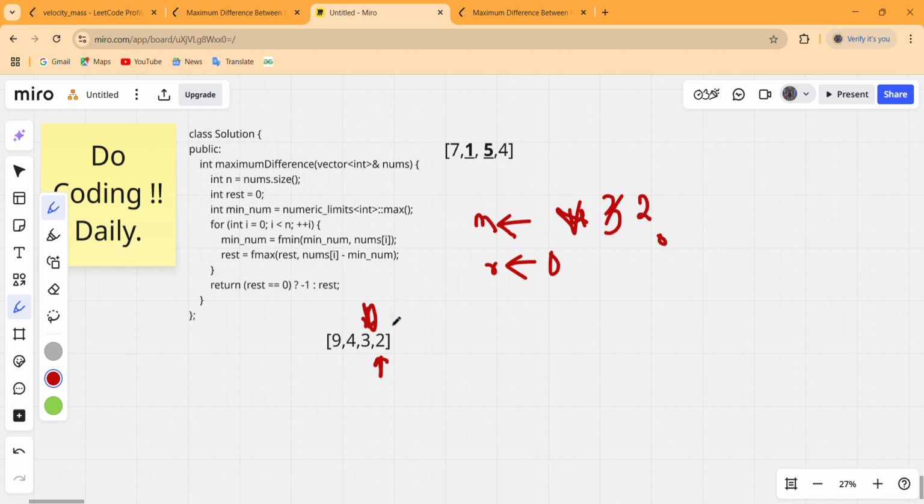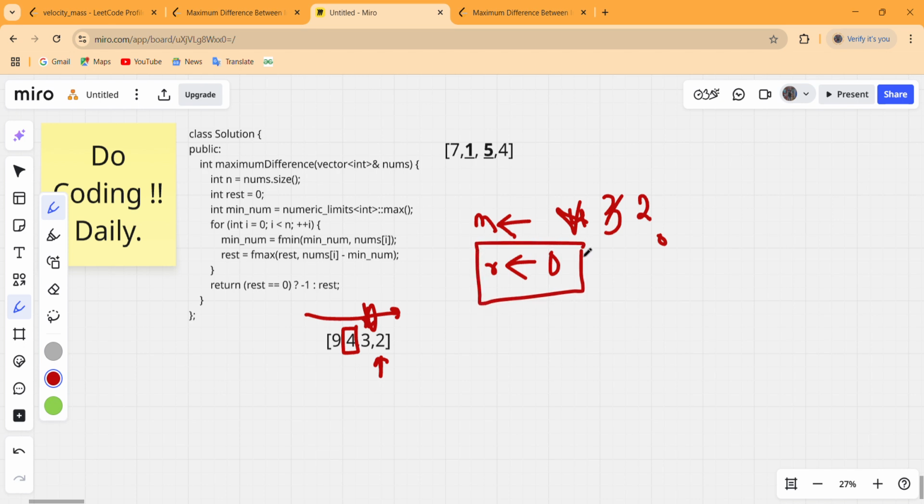And this is because moving in the right direction, we do not find any greater number that has any smaller number behind it, so that our result gets updated. And that is why after doing all this, our result is still 0.